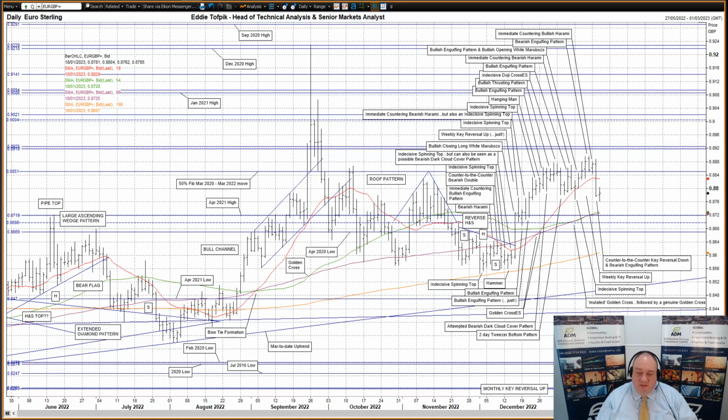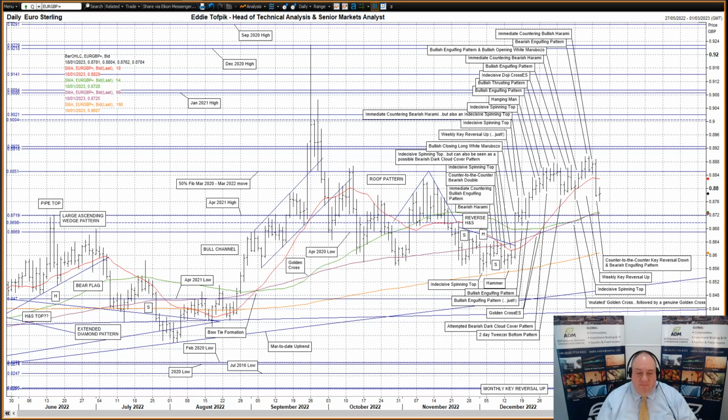Now looking below this, well, we don't have that much until the combination of the April 2021 high at 87.19, and perhaps more importantly, the swirling entwined mass of the rising medium moving average, currently 87.25, and the short medium moving average, currently 87.29. These two moving averages had made what I call the mutated golden cross, with the moving averages the wrong way round, followed by a genuine golden cross last week. Beyond these, the next support on the downside is the April 2020 low at 86.69. And I'm not sure how strong that is, as it has been eroded during most of the second half of the last year.